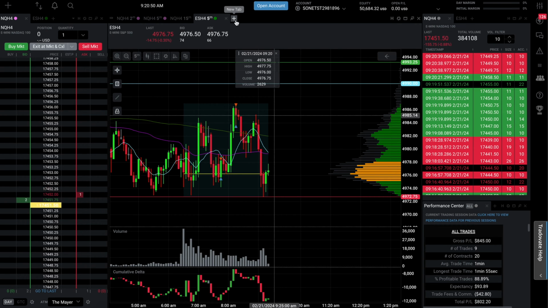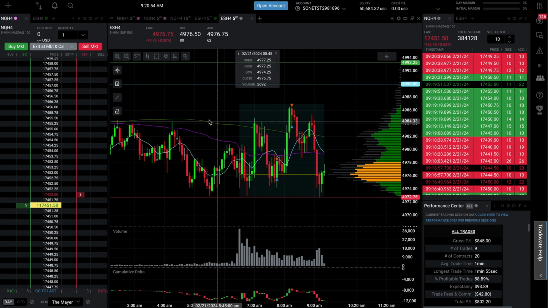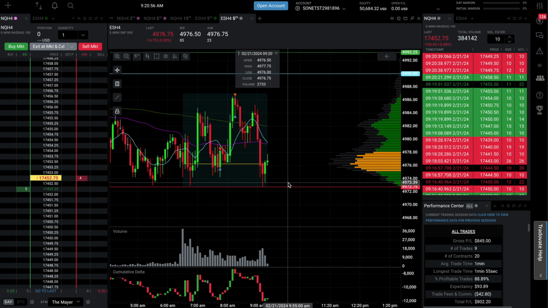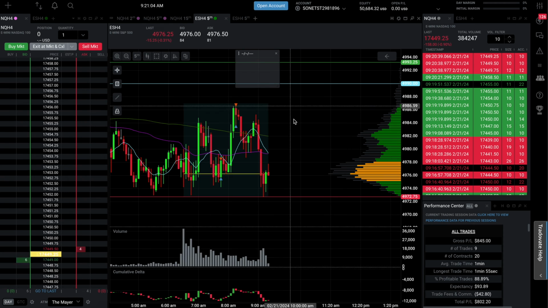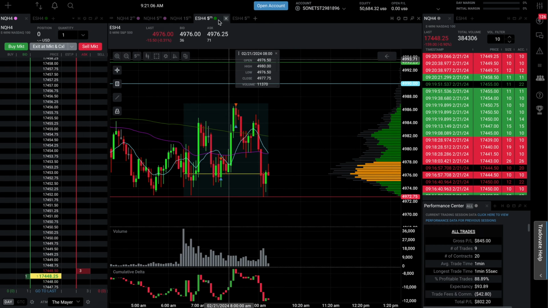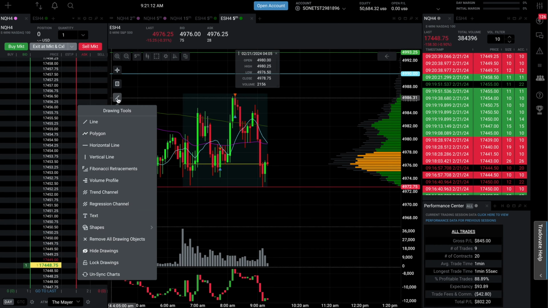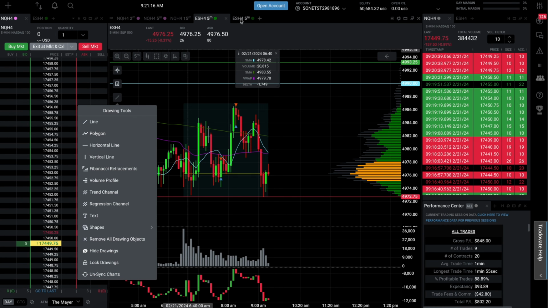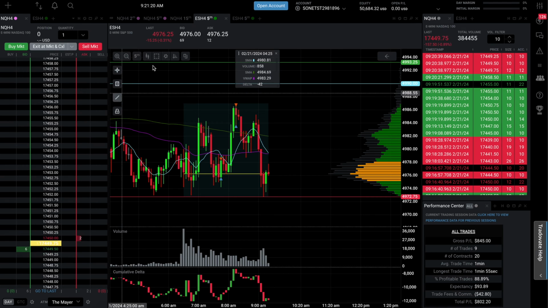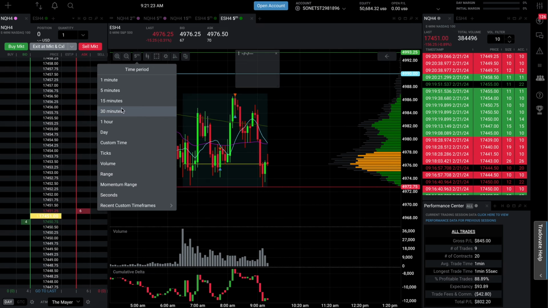And so to sync charts, let's say you want to have another ES chart on here. If I draw a trend line, for example, and I come over to this chart, it's not going to be on here. So you have these color-coded little dots. You match the color, come down here, and you have to hit sync charts. Mine is synced, so you want to make sure it's synced. So now, if I want to have, let's say, a 15-minute,